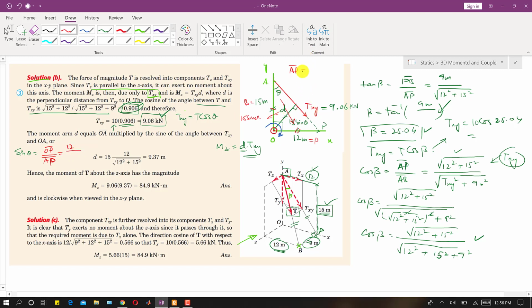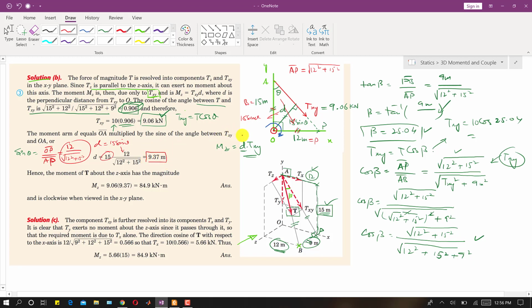So we will apply the Pythagoras theorem. Again, it will be 12 square plus 15 square under the root, right? So we can write it as the square root of 12 square plus 15 square. And since D is 15 sine of theta, and this is sine of theta and this is that 15, when we multiply 15 with this sine of theta, we will get that perpendicular distance between the txy